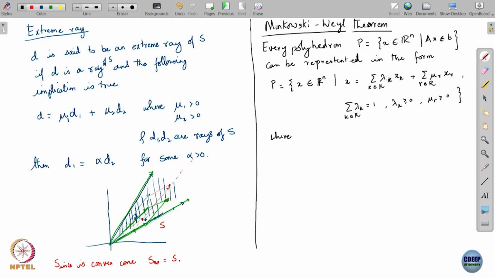So, every polyhedron, we are talking of polyhedra here that have extreme points,